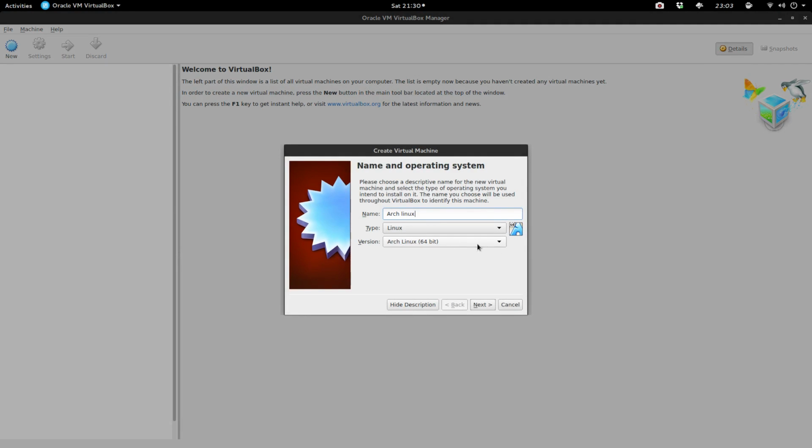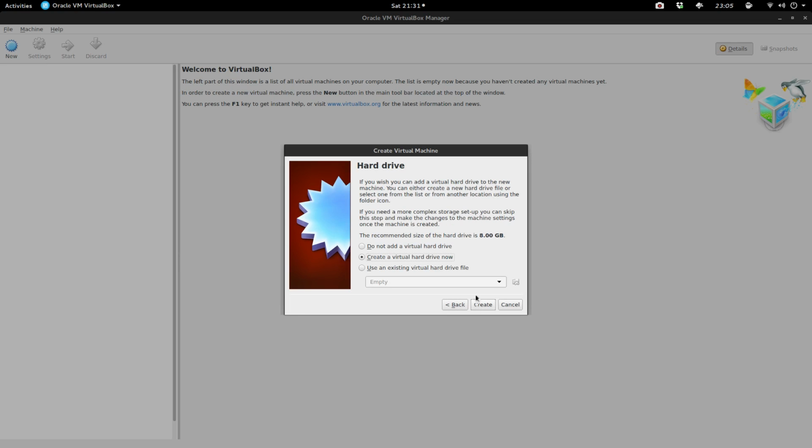And then if you wanted to do a 32-bit or a 64, you can choose between that, but we're going to stick with 64-bit. So if we click Next, we get to choose the size of RAM that we want. I'm going to do 3 gigabytes, so it's roughly around 3,000 megabytes. So right there. Click Next.